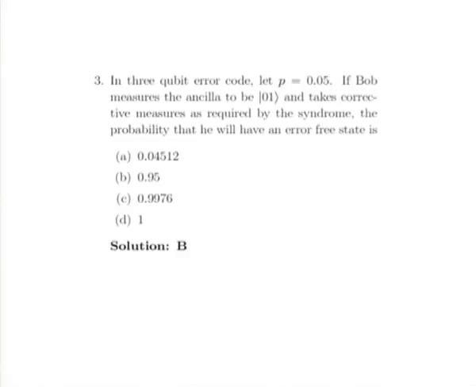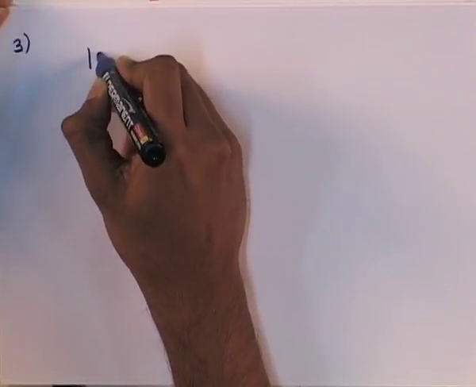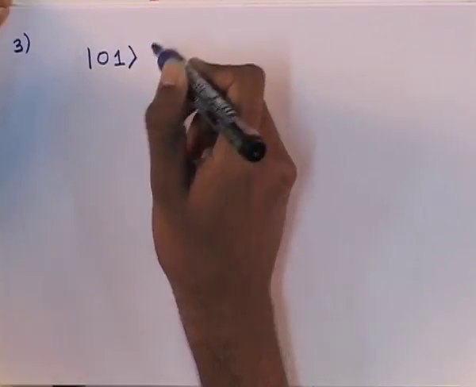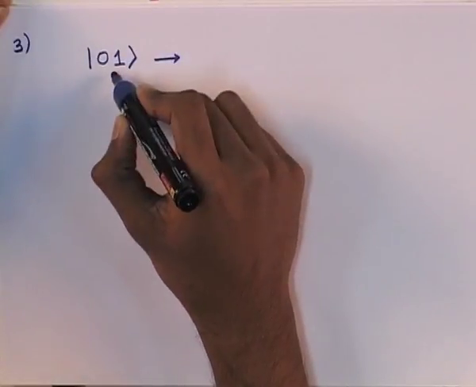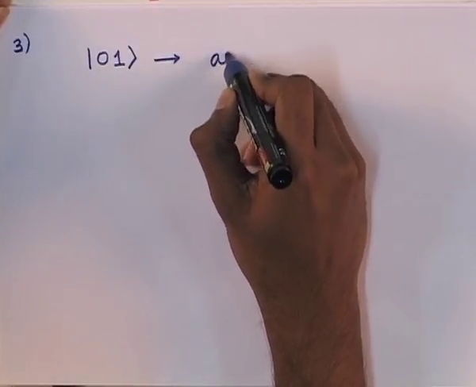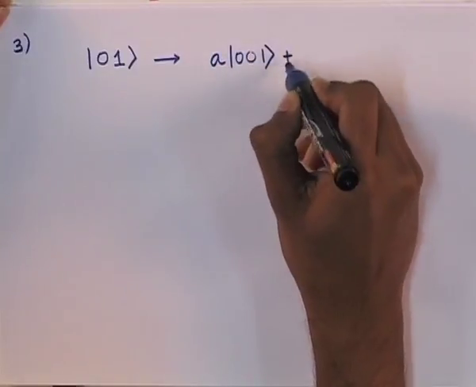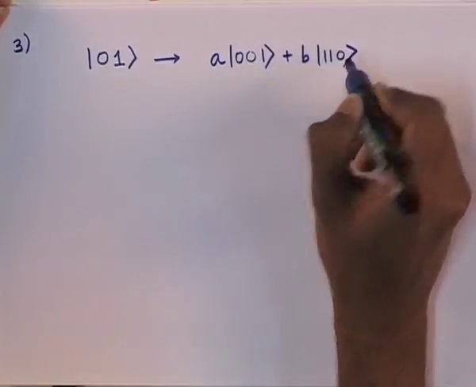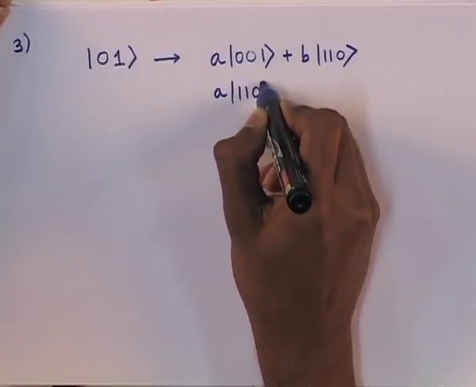So in question 3, we see that the probability of error happening is 0.05, and it is also given that ancilla bits are measured to be 0, 1, and corrective measures are taken appropriately. So the ancilla bits are 0, 1. From note 31 we see that these ancilla bits happen only if the state is 0, 0, 1, or 1, 1, 0, or the state might be